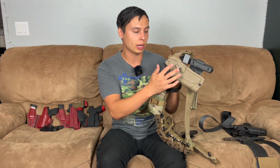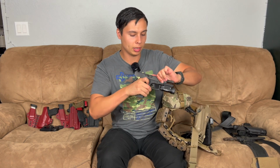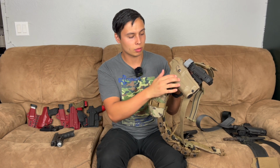ALS. I bought this brand new years ago when I first got ready for the tactical games, because I wanted a duty holster, and at the time I was going to run my Glock 34 because that's still my longest 9mm gun. But I ended up running this Shadow Systems because I just shoot my Shadow Systems better than Glock. I have a Glock 17C in here right now, but that's the nice thing about this holster: one, it's like a $250 holster by the time it's all said and done, maybe like $220, but it's a Safariland